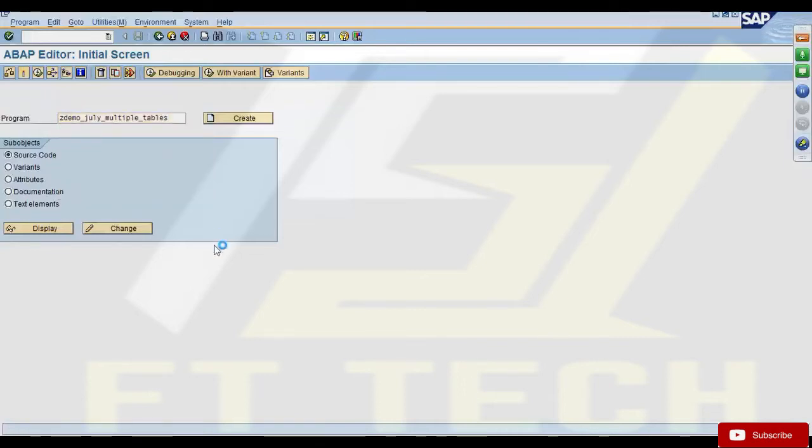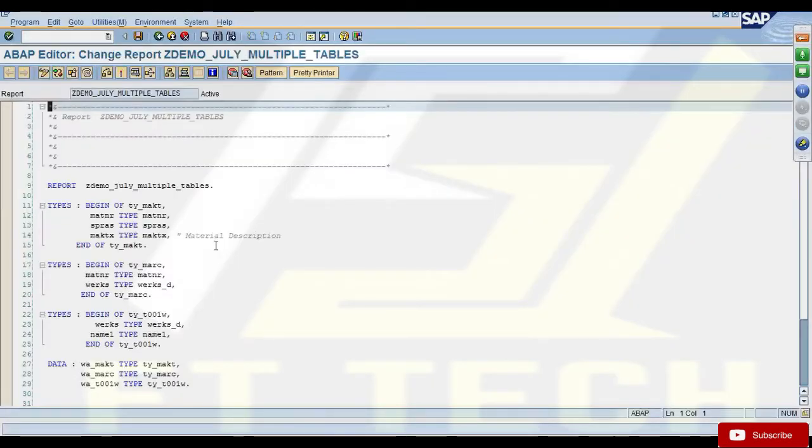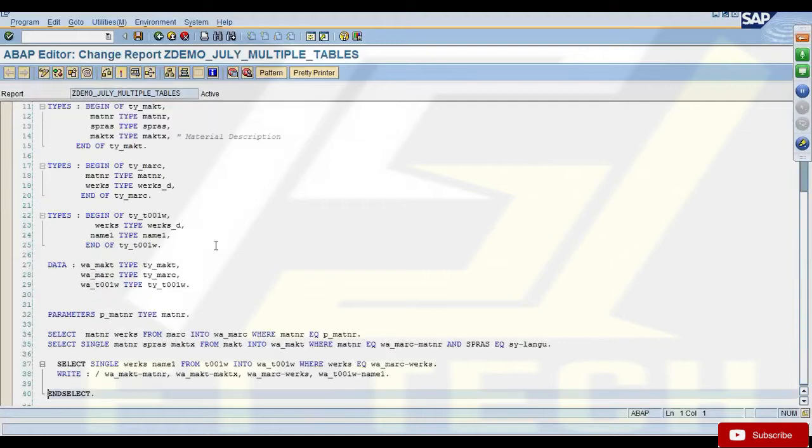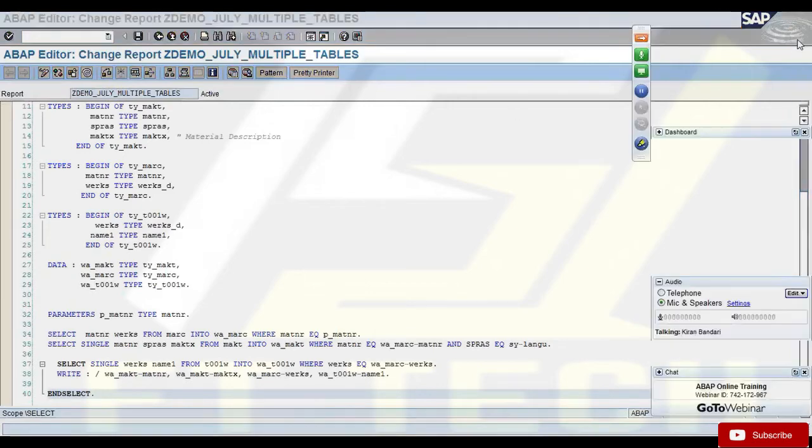Yesterday we were trying to understand how to process data from multiple tables, right? So we are basically using this select and endselect, and within that select and endselect, we are writing select single to get data from different tables. So you're basically looping one table, while you're processing that data, you are getting the other information from other tables by writing a select single inside the select and endselect block. Right? So today we'll try to understand how you can do this better. There are a few problems with writing this code this way.